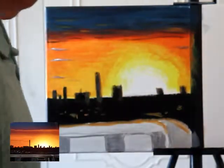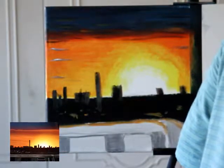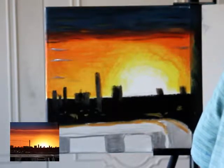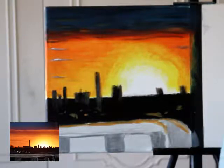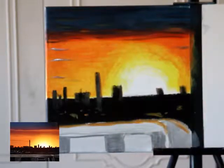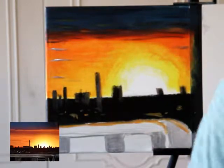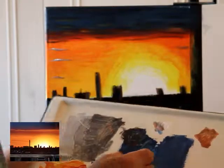Okay, so now we'll say I'm okay with the medium brush, and now I'm going to go in and clean things up with my small brush. So first thing I could do is I could go ahead and use the black, but I want to create some highlights in there too. So basically what am I going to do? I'm going to take my white out first and put some white there, and I'm going to start with that. So there I have some white. Okay,